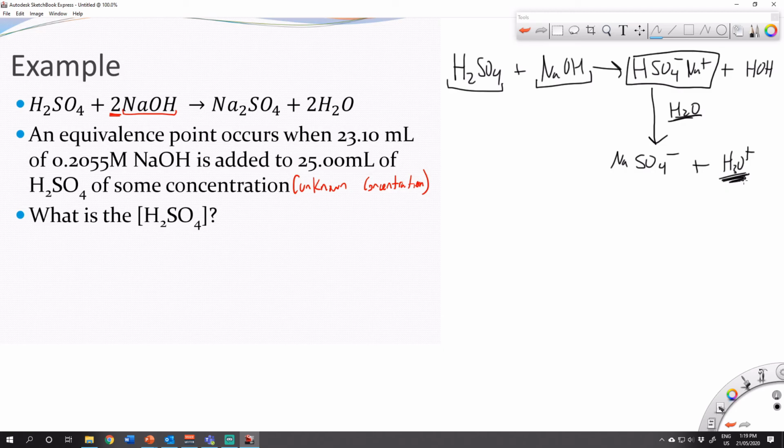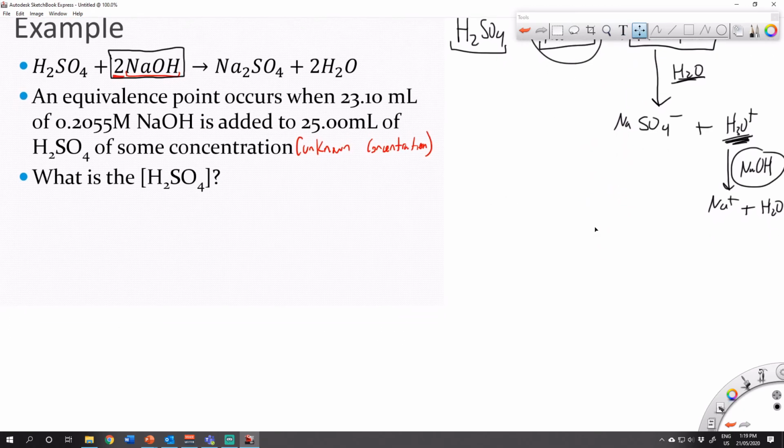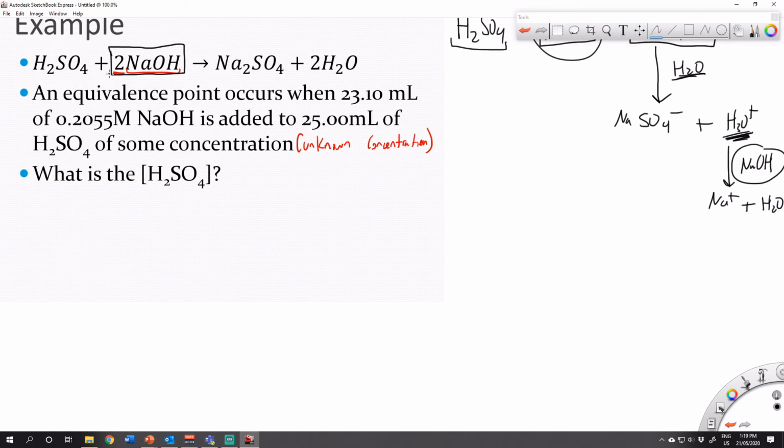So the resulting solution is still going to be acidic. So this hydronium here requires another sodium hydroxide to neutralize it so that it becomes sodium ions and water. That's why we require not just 1 sodium hydroxide, but 2 sodium hydroxides to fully neutralize. All right, now that that's taken care of, let's jump into the math. So now that we've solidified this 2-to-1 ratio of sodium hydroxide to sulfuric acid, what is the